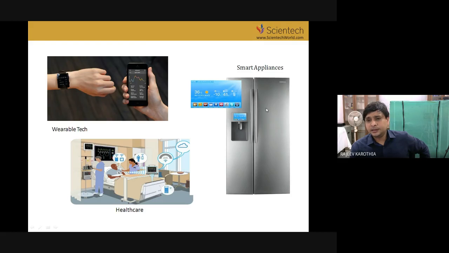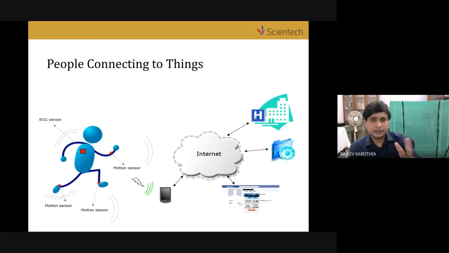Smart appliances, like if I go to the next slide, that is relevant to biomedical, where in this slide you can see one person having different sensors like a motion sensor, ECG. It is connected with the cloud by using any mode of communication, internet communication. At the cloud side, you have data storage capability, and then you can generate the report. So at your hospital, you can get the report, and you can also view all the data on your mobile phone. So it's a definition of people connected with things.